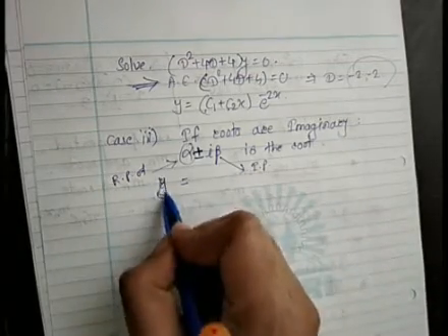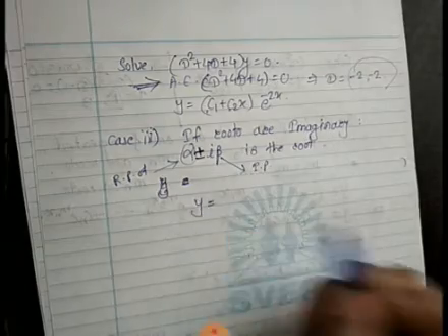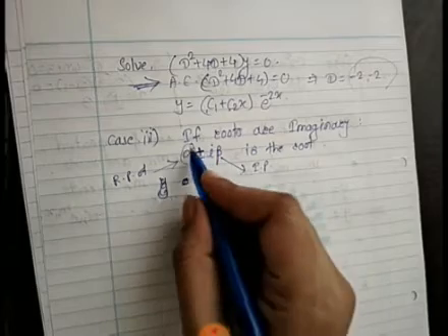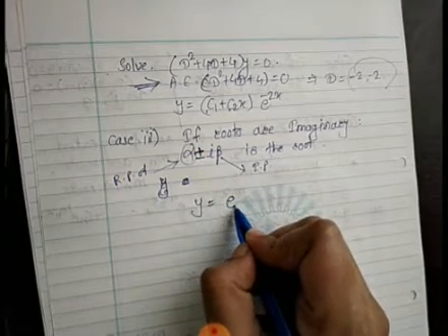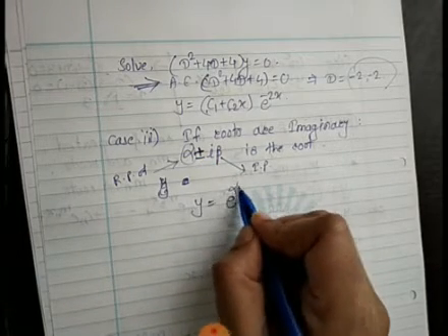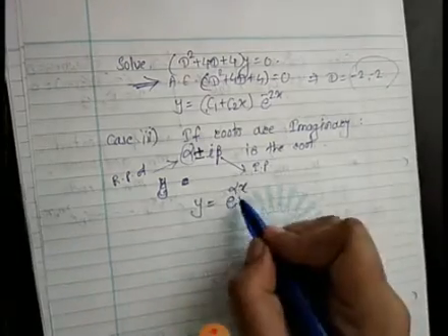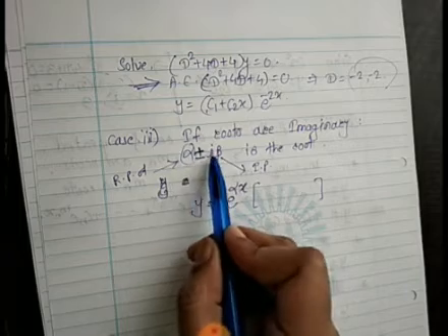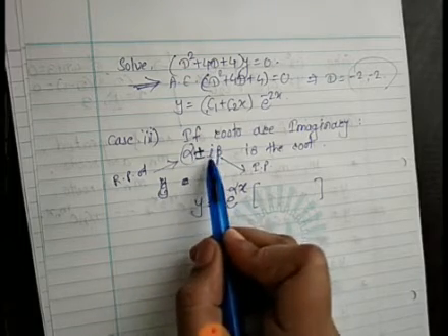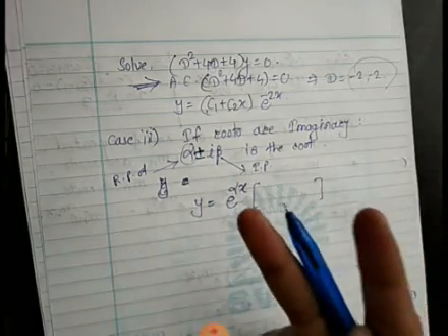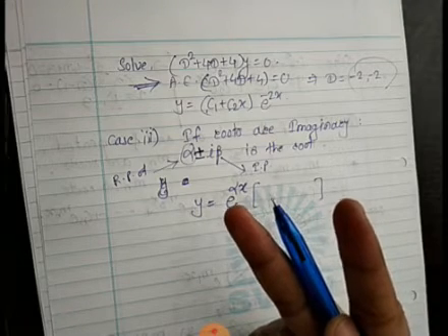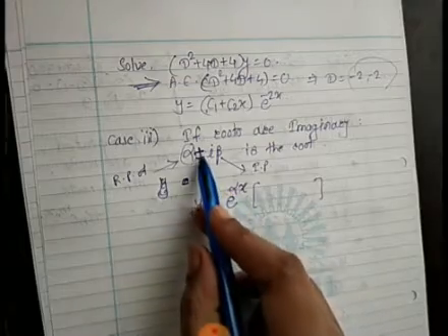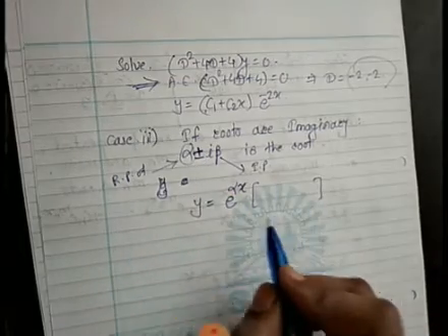Right? So the solution is written as y equals e raised to alpha x, where alpha is the real part. As there are two roots, the combination is of two roots, so there must be two constants. As we have seen, every root will have one constant. So we write it together as plus minus.